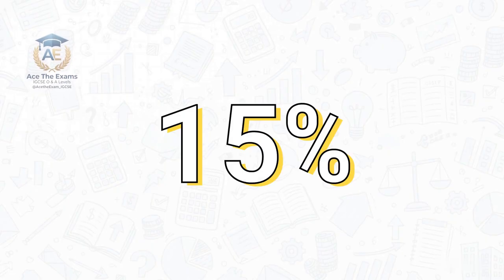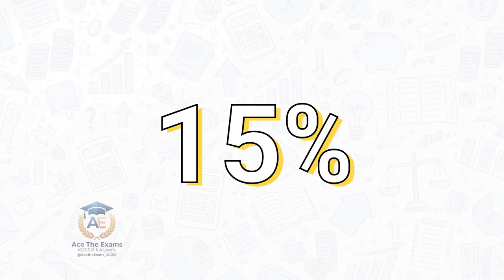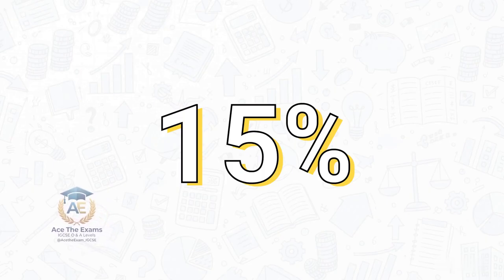Now, take a look at this number, 15%. What's absolutely crucial to understand is that the 4 key concepts we are analyzing today, business entity, historic cost, money measurement, and going concern, account for approximately 15% of the total marks in Paper 2. Think about that for a second. That is a massive chunk of your final grade sitting right here in the foundational theory. It's the difference between barely passing and securing an A-star.